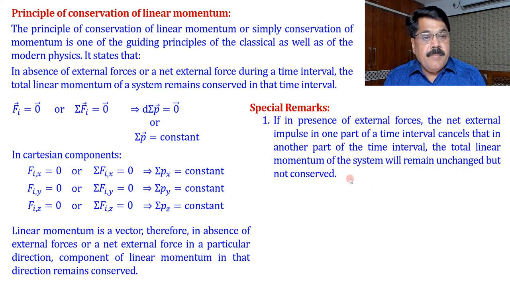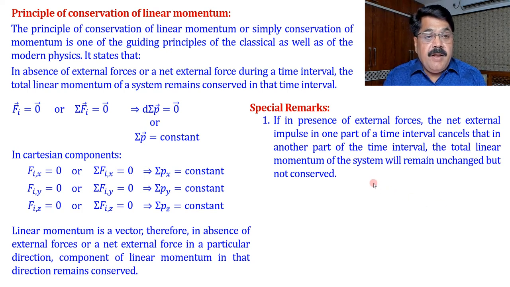Here we can divide the time interval concerned into, say, two parts or three parts. Say, for example, we are taking two parts. If the total impulse of all the external forces in one part cancels the total impulse of all the external forces in the second part, then for the time interval, the total impulse is zero. With the help of the impulse momentum principle, there must be no change in momentum. It means the final momentum of the system must be equal to the initial momentum, but in between, the momentum did change. So it is not conservation of linear momentum,